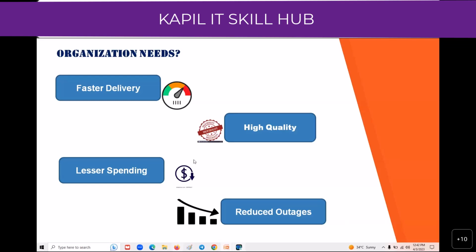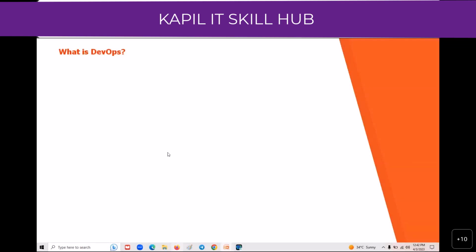Let's see now. DevOps means the blend of your development and operations teams. A combination of your development and operations teams is nothing but DevOps. Earlier, the development team people and operations team people would work separately, individually.